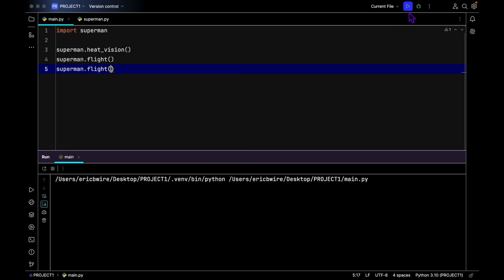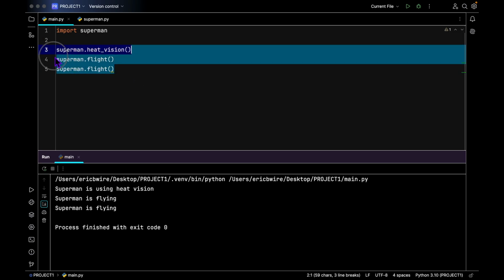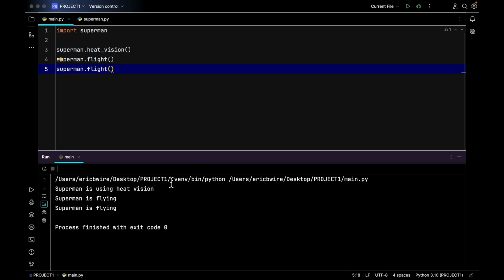Now when we run our program, it uses all of the abilities that we have defined in the Superman module. This one is the heat vision ability, this one is the flight ability. Oh, I've repeated the abilities. The ability which we haven't used right now is the strength